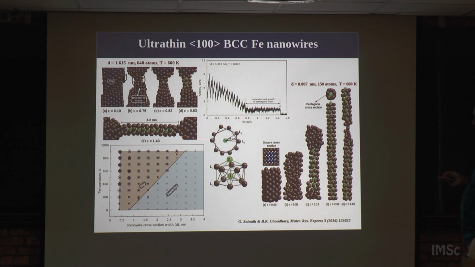And this also shows the size dependency. If you go further low, there is not even a single dislocation slip, it becomes non-crystalline, and then a pentagonal chain nucleates and grows with increasing strain. So, at some point the whole nanowire becomes a pentagonal chain, and then it breaks at very large strain, something around 265